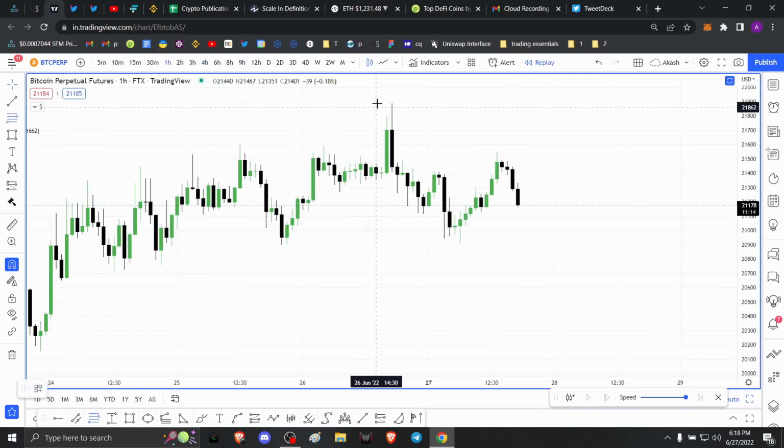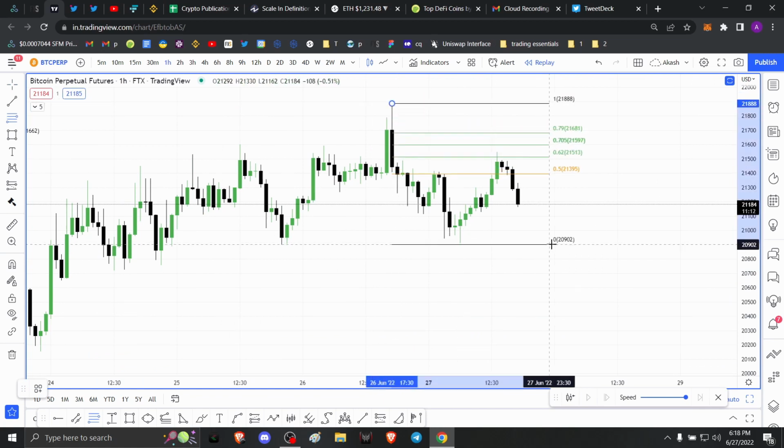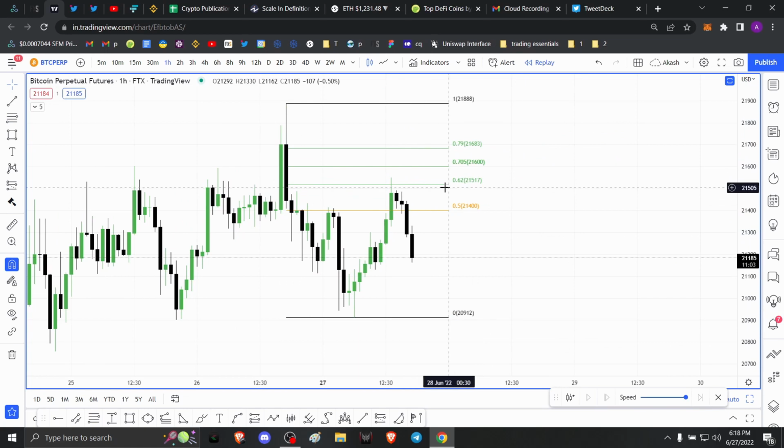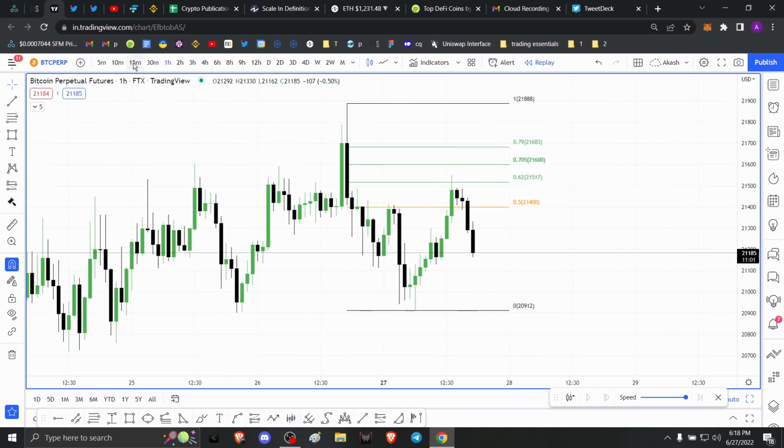Right now I see another trade here. Right, you don't always have to wait for the price to hit 70.5. You can short here as well at 62 retracement level. Right, now the price is also exploring, right? You can use it on a 15-minute time frame as well, but